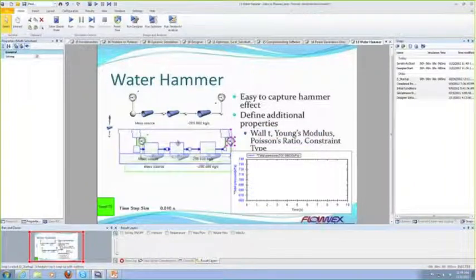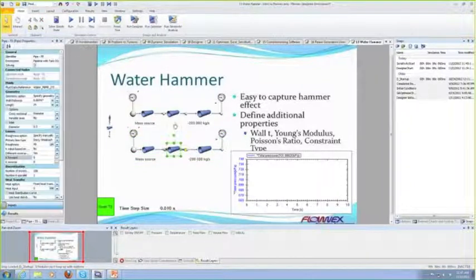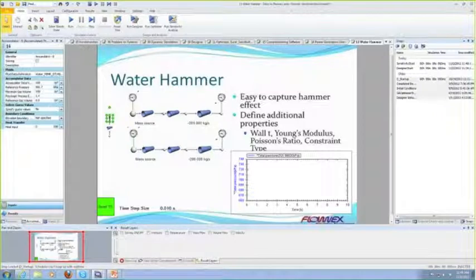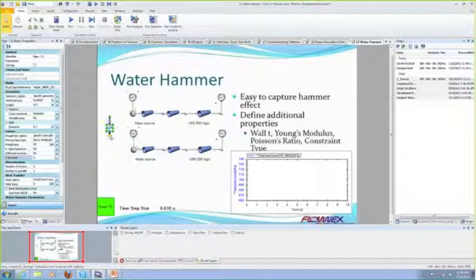And so right now, when you copy and paste, there's no persistent link between the elements. So if I make a change right here, that change doesn't propagate back. This is a way where you can start with a very basic model and slowly work your way up in complexity. I already have the properties for this accumulator defined. So all I'm going to do is just connect this